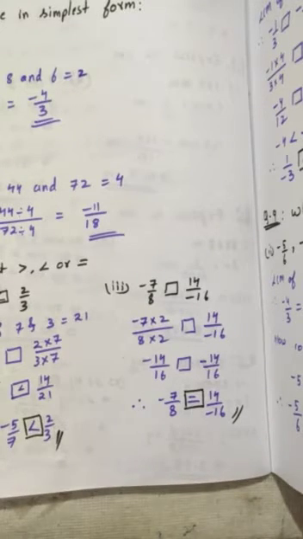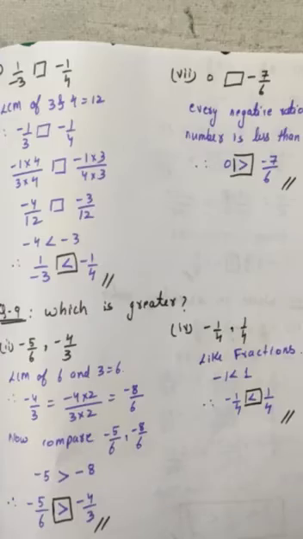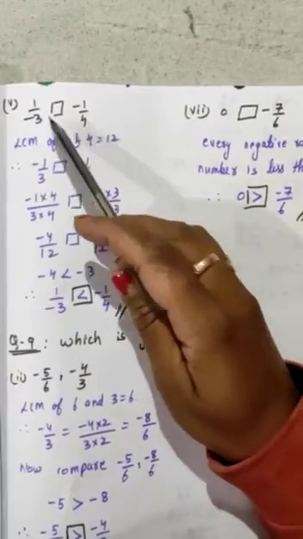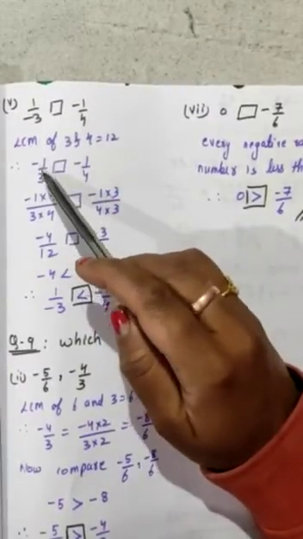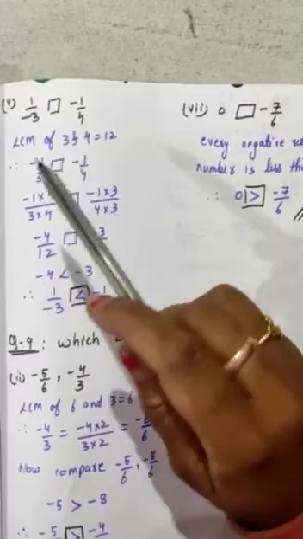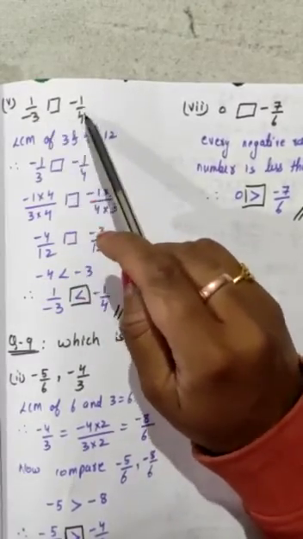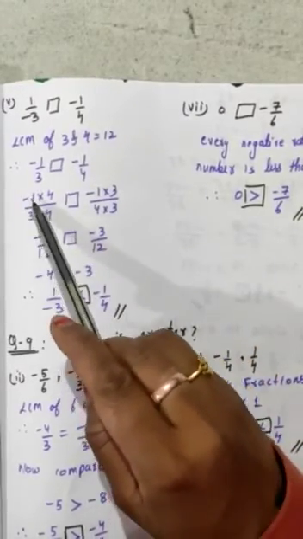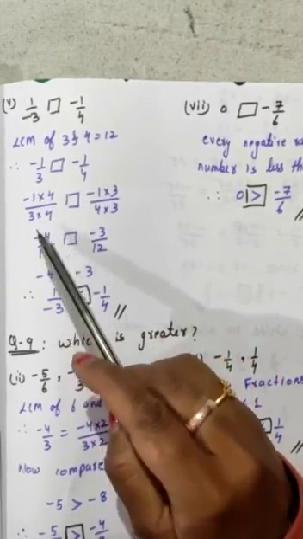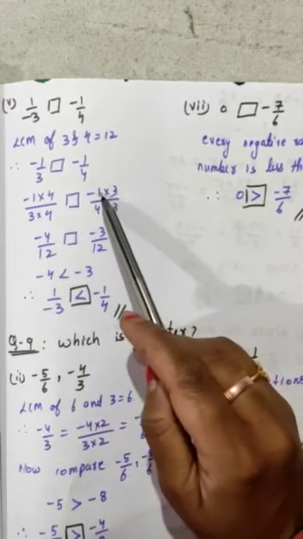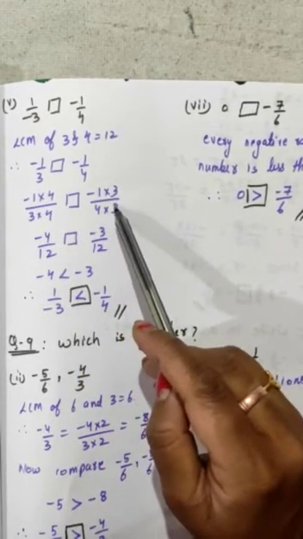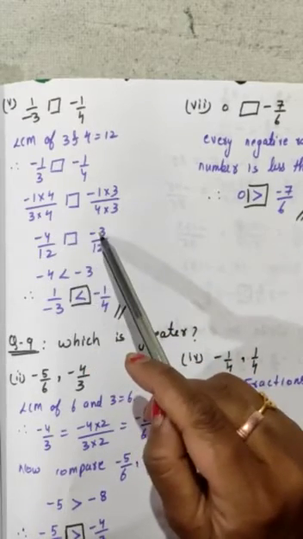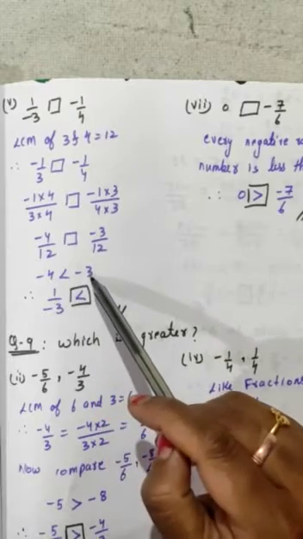Now we'll see few more parts of this question. So you can see the next is 1/-3 and -1/4. Again you can shift it here, so it will be -1/3 and -1/4. So the same way what you have to do, you have to take the LCM of 3 and 4, which is 12. दोनों के denominators को आप 12 बनाओगे, so it will become -1 into 4/12, so -4/12, and this is -1 into 3, because 4 into 3 gives you 12, so -3/12. Now you compare -4 and -3. So obviously -4 is smaller than -3.